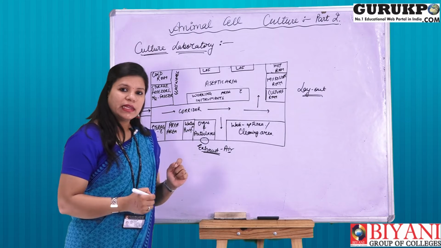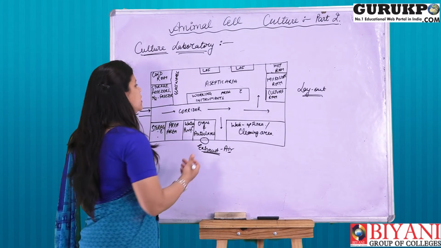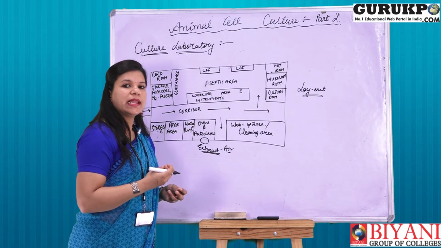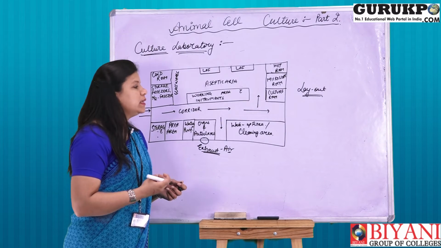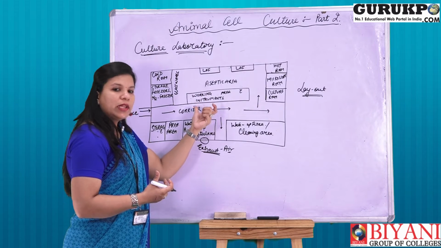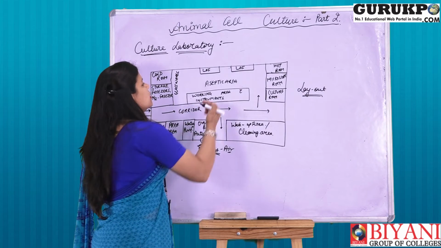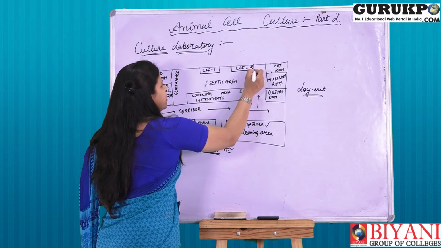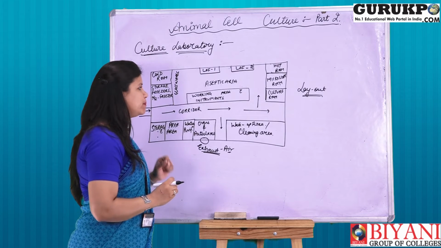The working area is the main area where we are able to perform our experiments, right? Around the working area, different kinds of instruments like microscopes, centrifuge, microcentrifuge, incubators, and pH meters, all these small pieces of equipment are kept on the working bench. Next, opposite to the working bench are the LF rooms. There can be one or two, but a minimum of 2 LF rooms should be present in a lab.